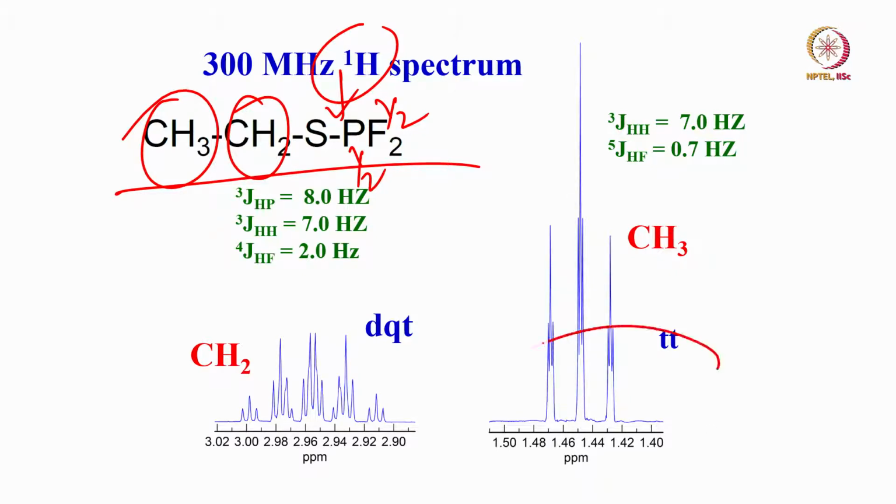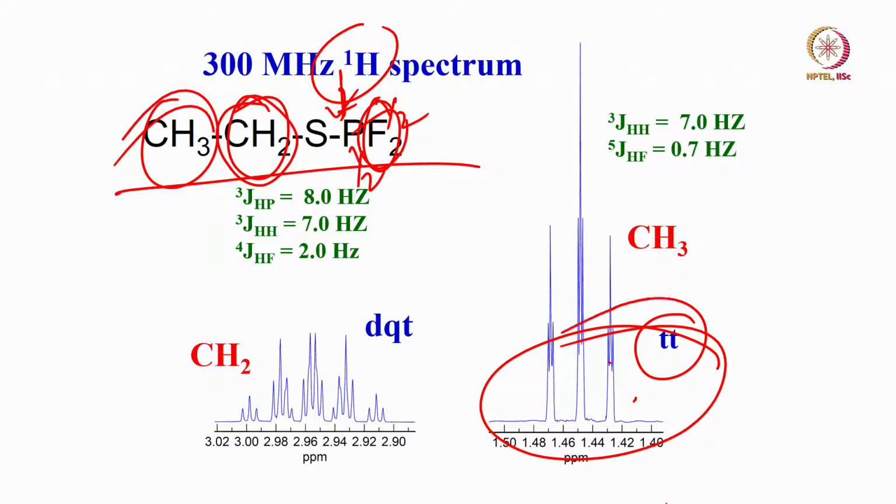Now, as common sense tells me, as I have been telling you, in the high field region, methyl will come. This methyl proton is here. This has to be a triplet here because of this first. It's a triplet. Very clear. At the same time, it is also another triplet because of this fluorine coupling. Two equivalent fluorines. Very clear. What about phosphorus coupling? It is not there. That coupling is 0. That is why the CH3 proton gives a triplet of a triplet. It has one triplet because of this CH2 proton, another triplet because of two fluorines. So we are going to get a triplet of triplets.